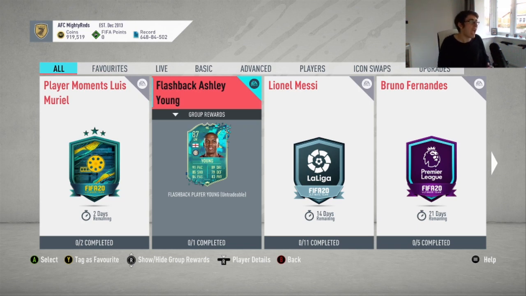Today we'll be taking a look at the new Flashback Ashley Young SBC. We're going to be doing an SBC analysis for this video. Only one segment as well to this 87 rated Flashback Ashley Young, who is also being position changed from a left back to a left midfielder, which is really good. I like the fact that EA have done that because it actually is the position that he did play during